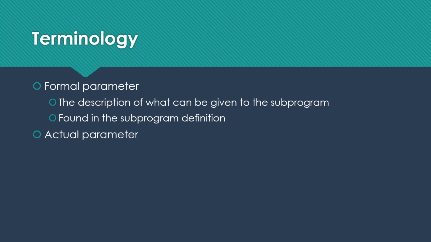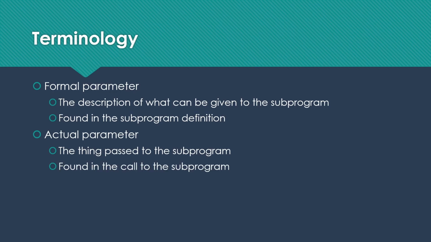Then we have actual parameters. That's what we actually pass in. And we find that in the call to the subprogram. We also have the term argument, which sometimes is just considered a synonym for parameter in general. But when we're being really precise, we consider argument to be a synonym for the actual parameter,